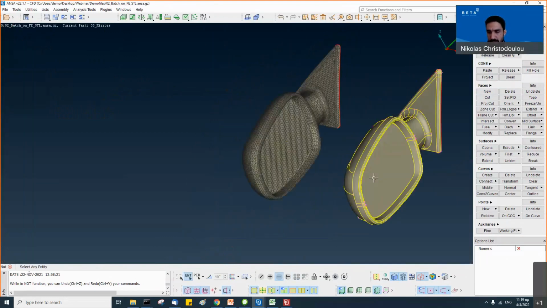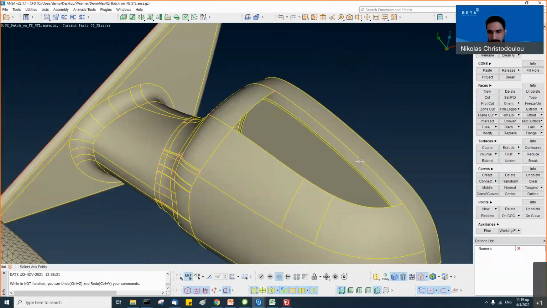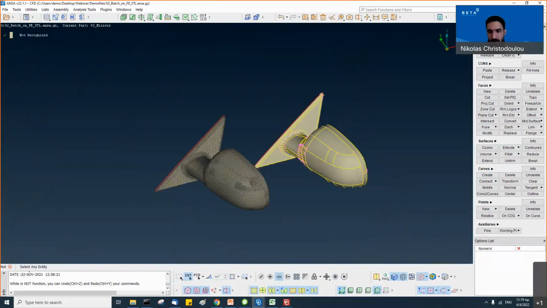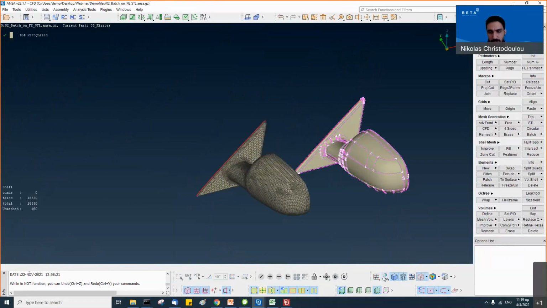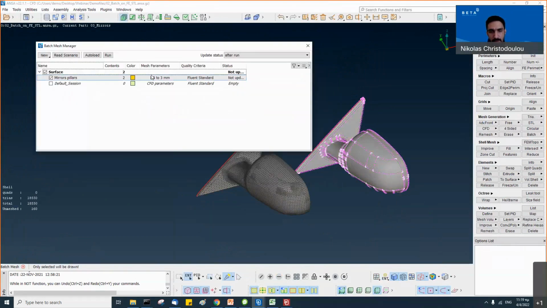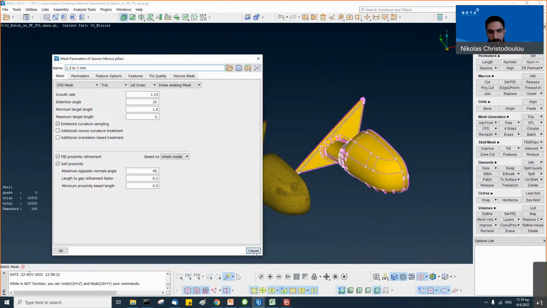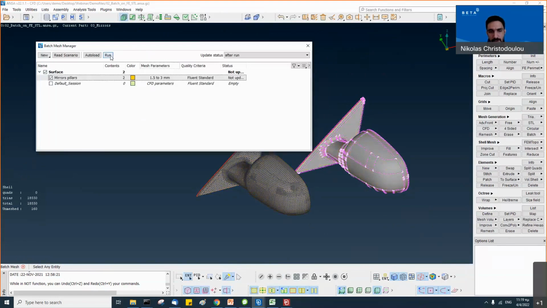And the same mirror using CAD data, so faces. So now it's possible just to switch to the batch mesh, where both mirrors are under the same session with the same CFD parameters for the meshing. And we can just press run.